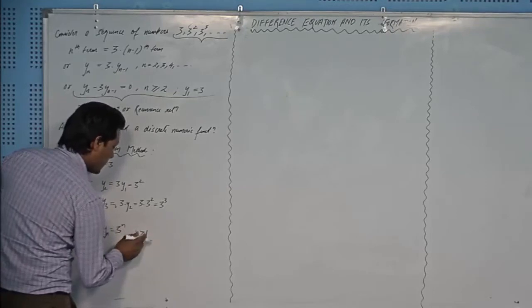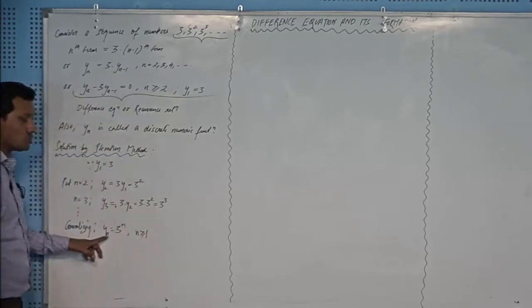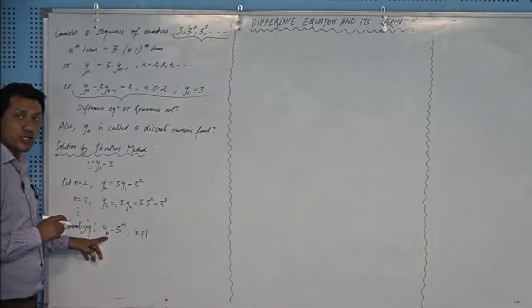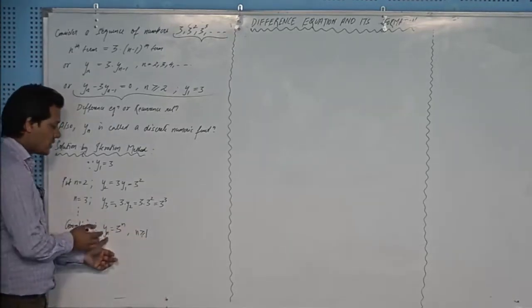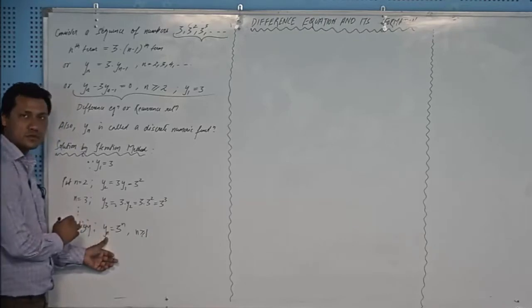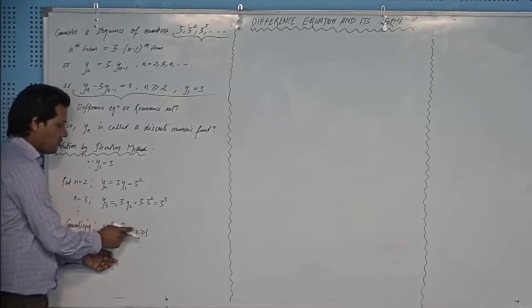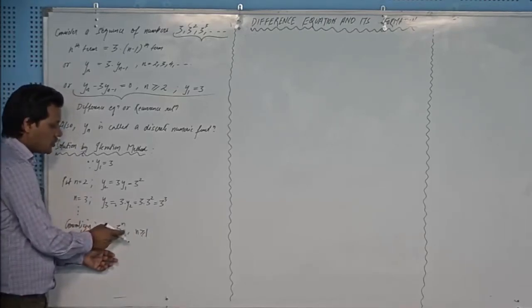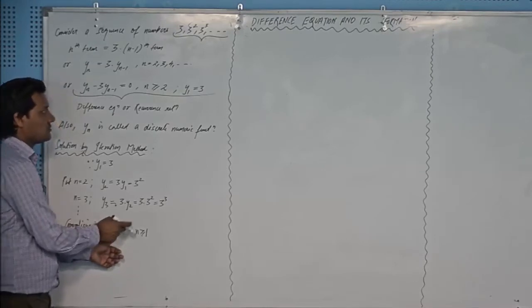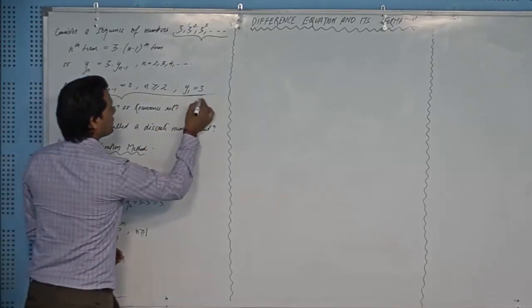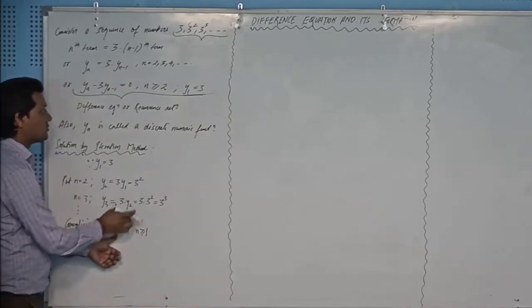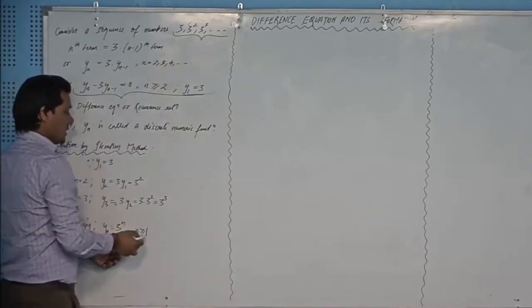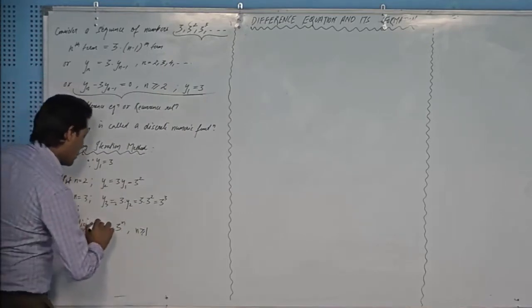You can see that you can always put n equal to 1 here, and the important point is that we are allowed to put that n at this suffix, as that doesn't produce a negative subscript. So putting n equal to 1 here will give you 3 to the power 1, that is 3, and that verifies the condition that y1 is equal to 3, which is obviously true. Then put n equal to 2, you will get 3 square, and you can see that the second term was 3 square, and so on. So this is the solution of this